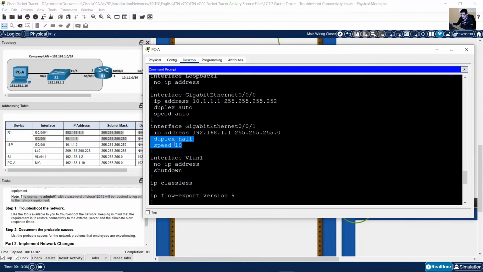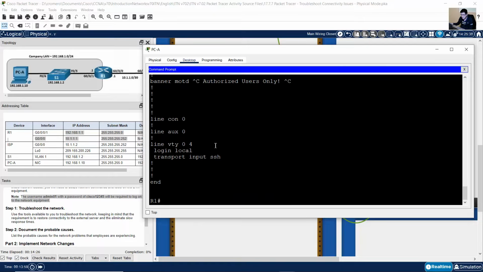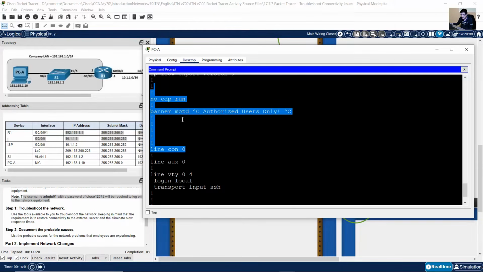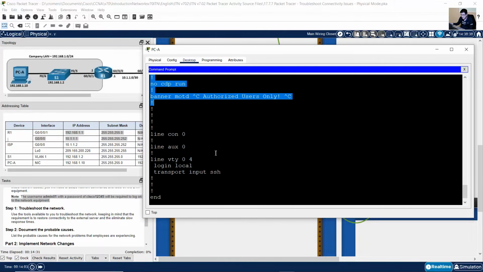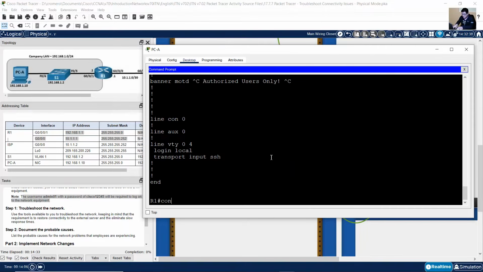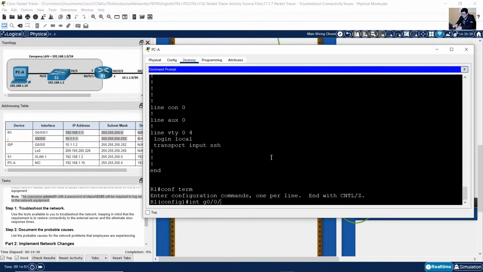So for better performance, change this to full duplex and change the speed to 100. Not to 1000, because the speed on S1 is a maximum of 100 since it's Fast Ethernet. And set the default static route to the internet. Okay, so configure terminal, interface Gigabit 0/1,